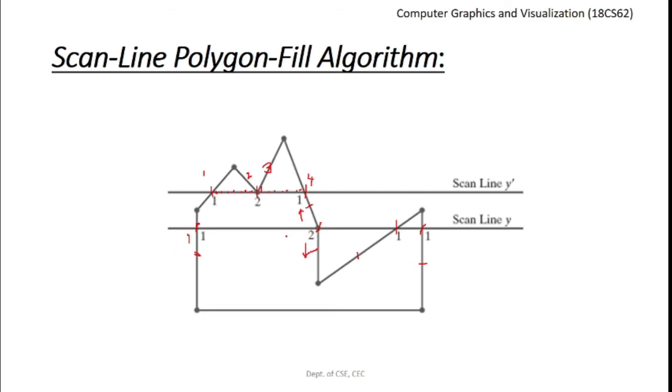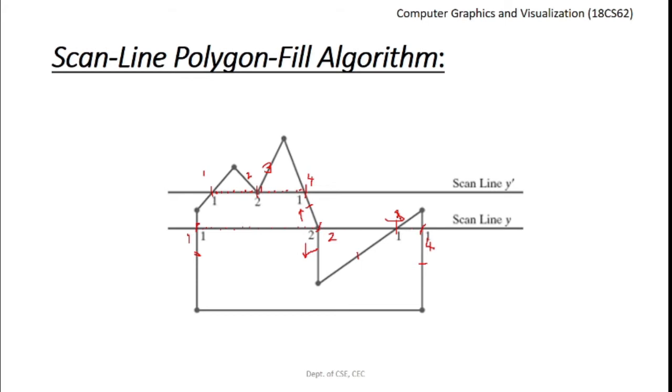So this is first intersection, this is second edge intersection, third edge intersection, okay, this is third edge intersection, and this is fourth, right? So now the total number of intersections will be an even number, right? So it's very simple now. Whenever we encounter the odd number intersection, we go on filling the polygon with a given color. Okay, we go on filling the pixels on the scan line from first edge intersection to the second edge intersection. So at the even number intersection, we stop, right?